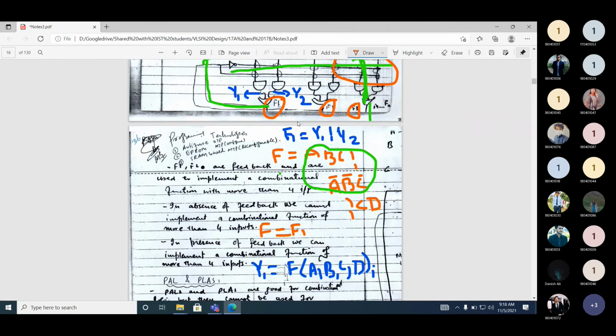No. So in the next lecture, we will study PAL with the functionality to implement either a combinational function or a sequential function. In that case, there will be some flip-flops and some multiplexers. Based on the multiplexer, it will choose whether to implement a combinational function or a sequential function. Any question? No, sir.